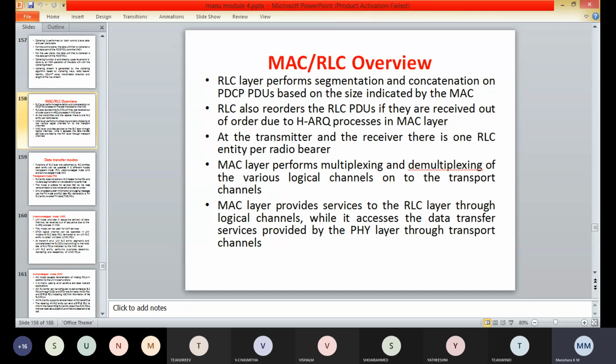Until the maximum number of transmissions is exhausted, and the PDU has not yet been received without any errors.